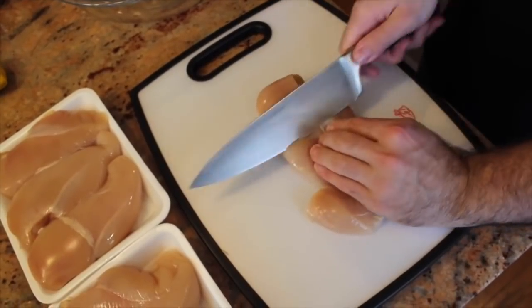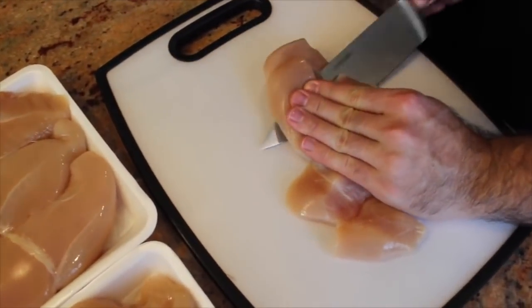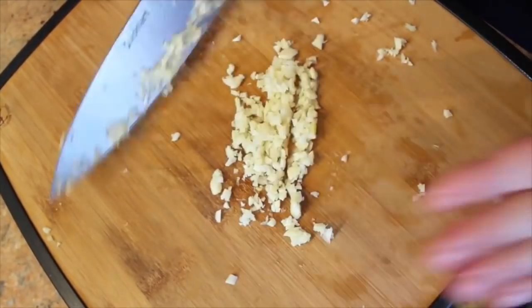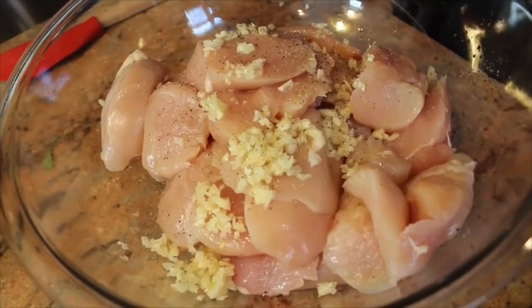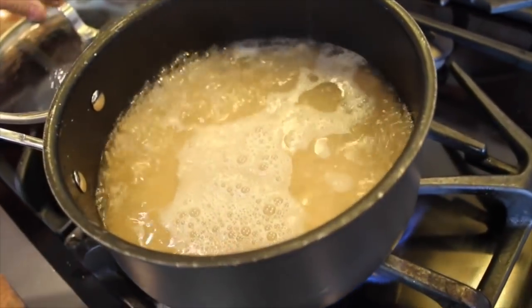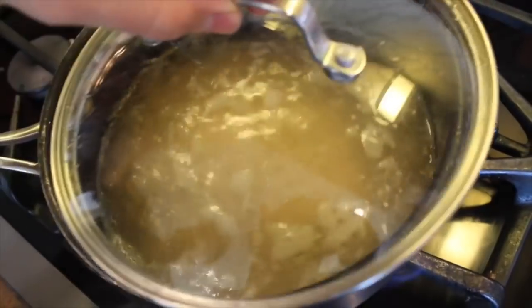Then you're going to slice the chicken breast into 4 equal pieces. Place it in a bowl. Dice up the garlic, place that on top of the chicken, add some fresh lemon, salt, pepper, and then mix all together. Once rice is boiled, give it a stir, pop the lid back on, and turn it on to